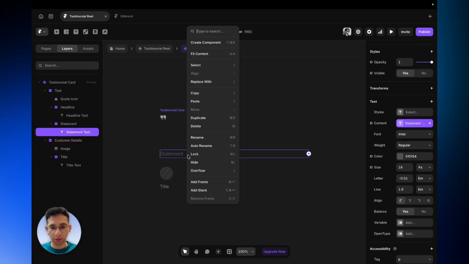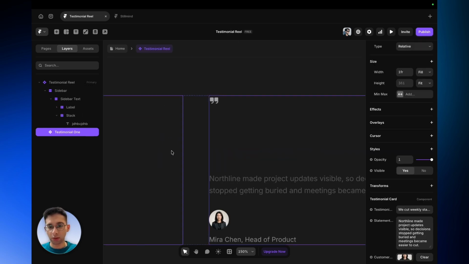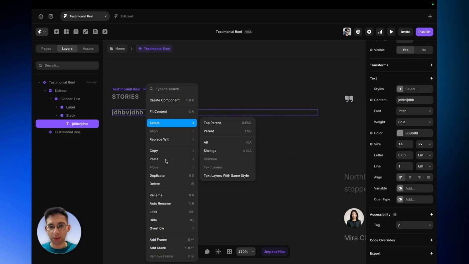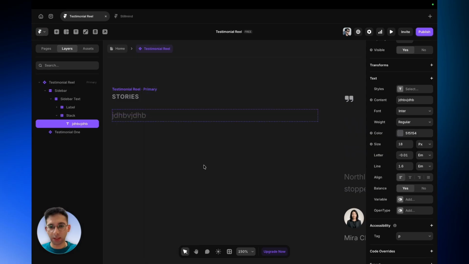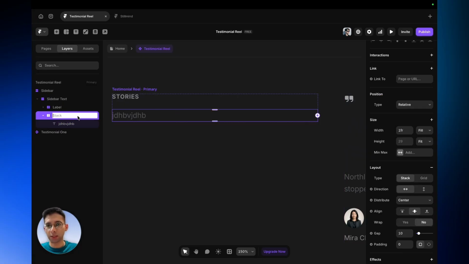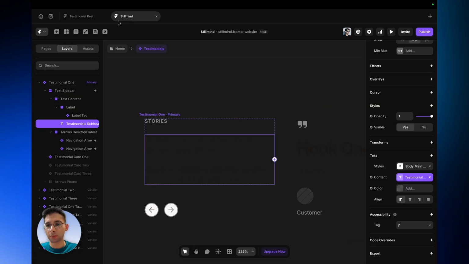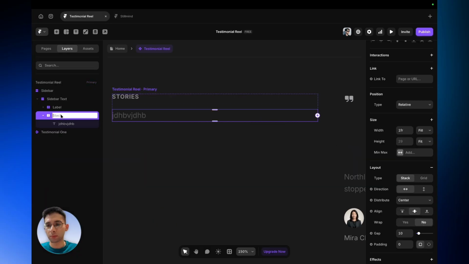So I'm going to copy style, go back here, and paste style. Yeah, I guess. And sorry, let's call this section intro, maybe section intro